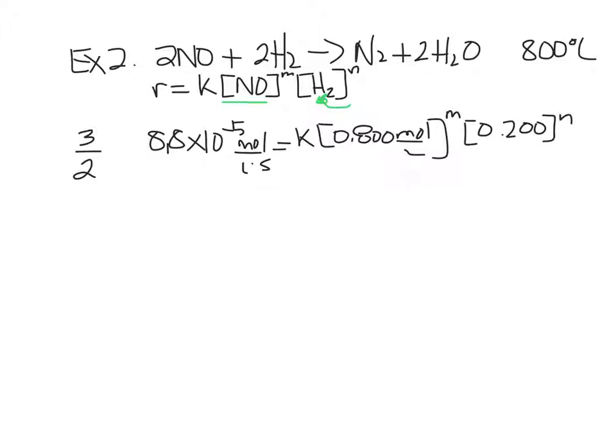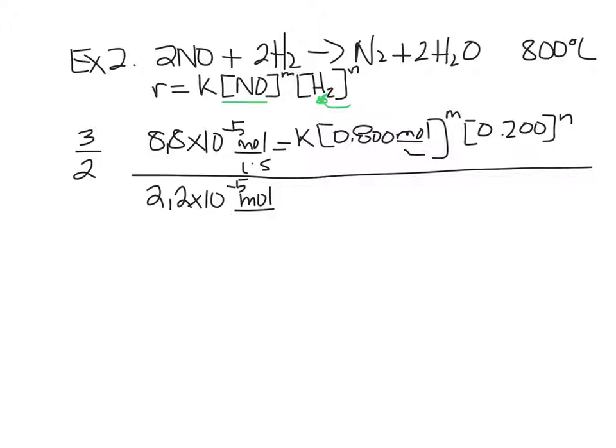So that's the rate law expression for experiment 3. Now put this all over the rate law expression for run 2. The rate for the second experiment was found to be 2.2 times 10 to the negative 5 mole per liter per second. This is equal to K times the concentration of NO, oops, forgot the mole per liter,